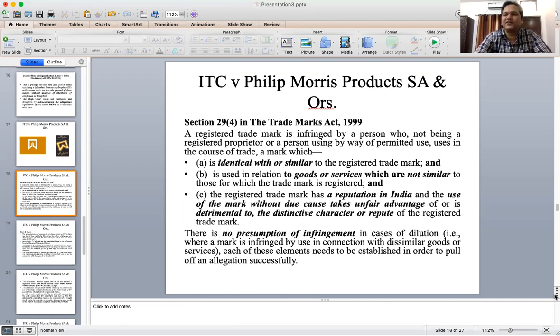I should also make it very clear what the presumption of infringement is. If there are identical marks or deceptively similar marks, in normal cases of infringement, not in cases of dilution, that is presumed. That is the case of infringement. But such a presumption is not available in the case of trademark dilution, and every integer you have to prove substantially.